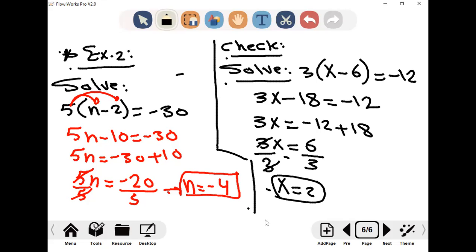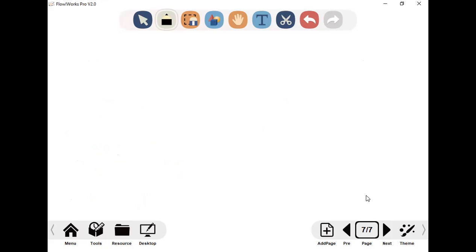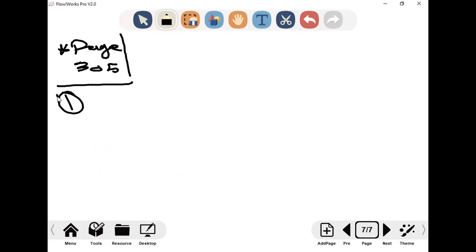Right. Let's see question 1 together. So we are in question 1, page 305. Easton went to a concert with some of his friends. Okay? Where did Easton go? To a concert with some of his friends. Okay. The tickets